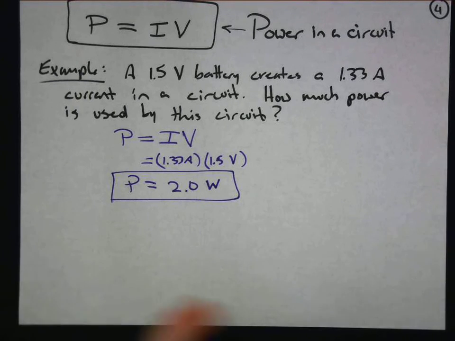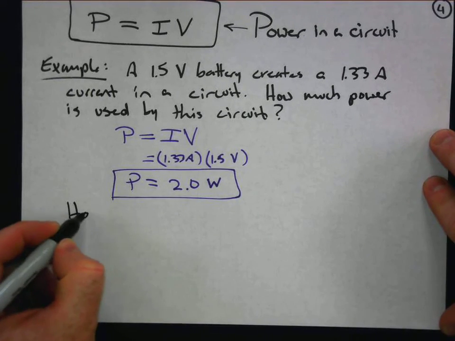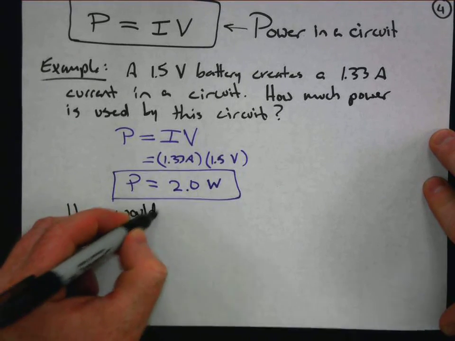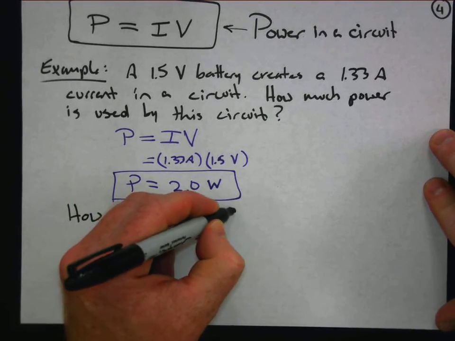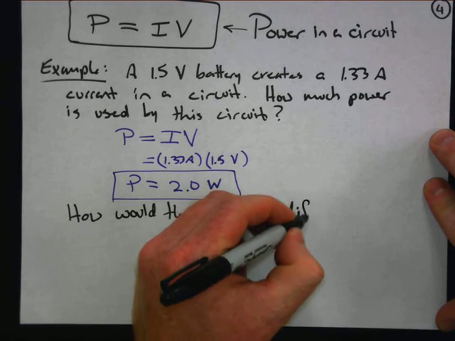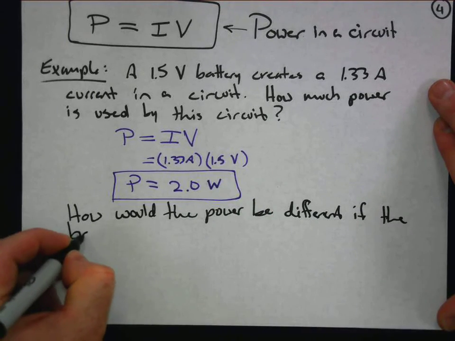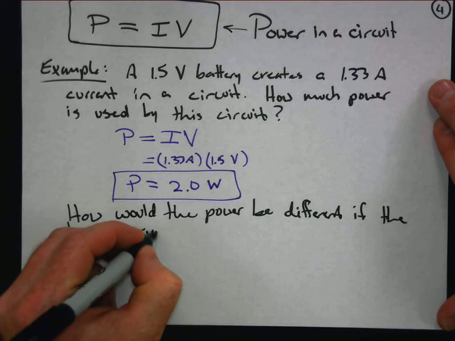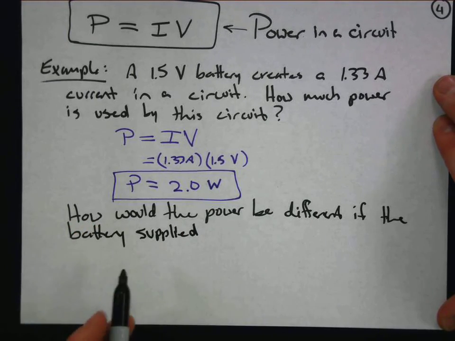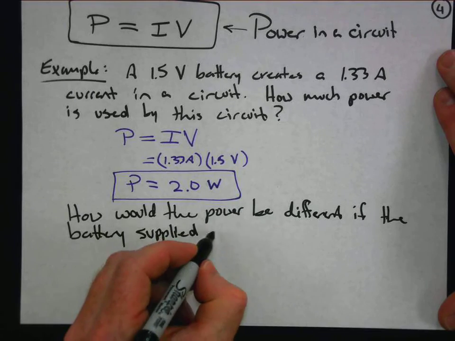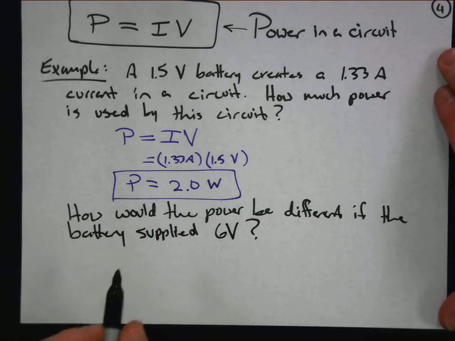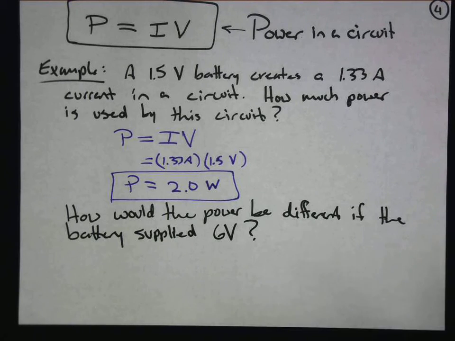Okay, now how would the power be different if the battery supplied 6 volts instead? Just letting this sink in. How would the power be different if the battery supplied 6 volts? Well, okay, I simply go back and say,